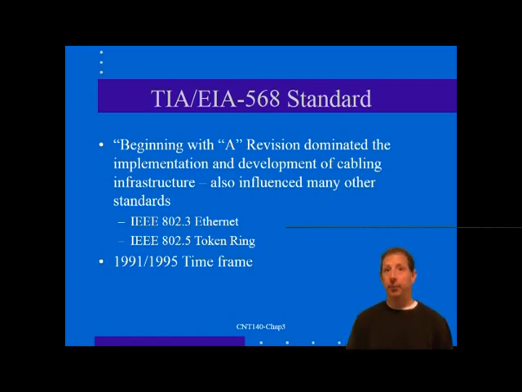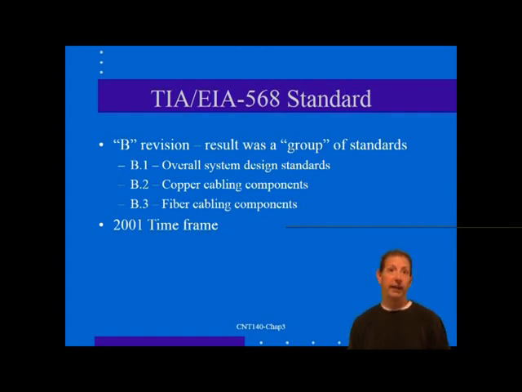Now, with the -B revision, known as the 568B, the standard took a multi-phase character rather than try to coordinate the diverse technological progression of structured cabling designers and the copper-fiber dichotomy. The TR-42 committee elected to split the standard into multiple subsections, each with its own standing body and revision process. The result was a trio of standards, B1, B2, and B3, supporting the overall system design standards, copper cabling components, and fiber cabling components, respectively,